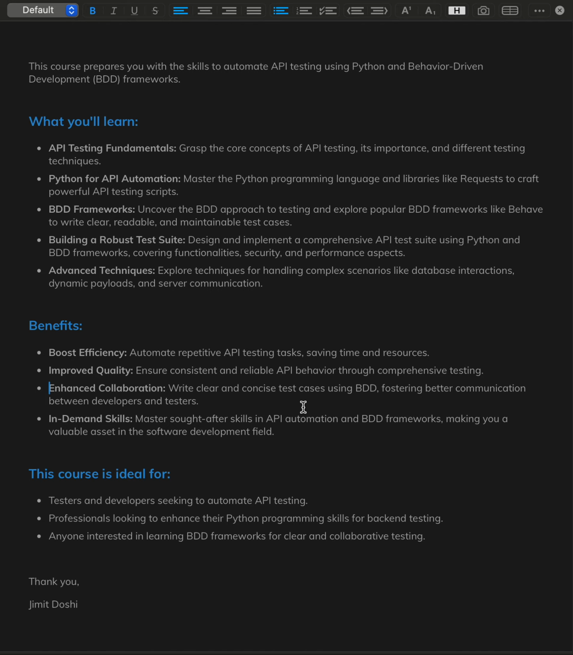This course is ideal for testers, developers, and whoever is interested in the testing field. Professionals looking to enhance their Python programming skills for backend can also enroll in this course. And anyone who is interested in learning BDD framework for clear and better understanding can also participate in this